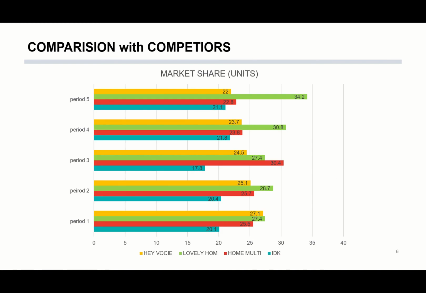The table shows our sales revenue and market share for each period. On the one hand, our sales have been growing, especially from the second to third period. Our revenue has increased by about 10 billion, but our market share has only increased by 1%. On the other hand, we reduced by 2% from period 1 to period 2 for two reasons. First, our wholesale price did not increase. Second, we did not optimize the product functions.